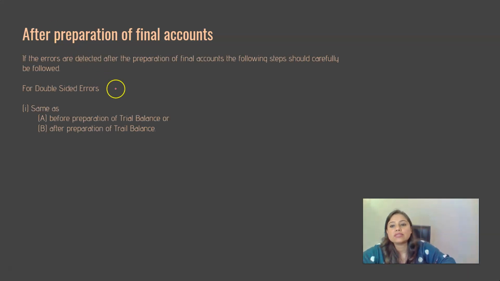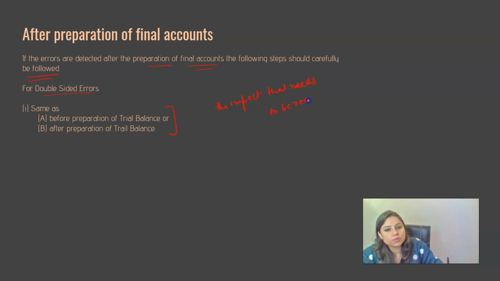So if the errors are detected after preparation of final accounts, the following steps should carefully be followed. For double-sided errors, same as before preparation. So basically the impact that needs to be recorded or rectified in case of double-sided errors